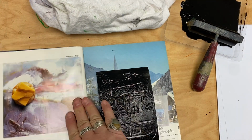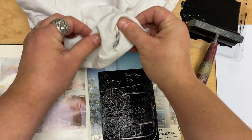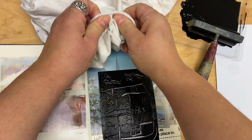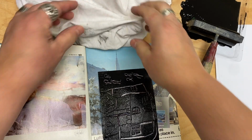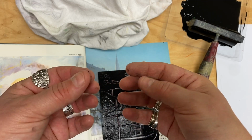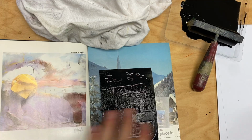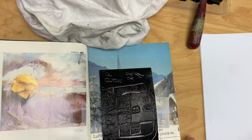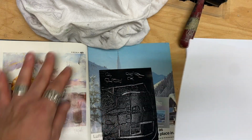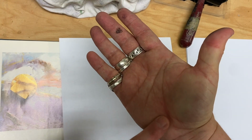Okay, clean page. And either you're wearing a smock or you have a rag nearby to dry your hands, because you might have a little wetness on it. It doesn't have to be free of ink or clean of ink, but it does have to be dry. Okay, now we're going to get a clean piece of paper, just one, and you're going to lay it on top, and you're going to use this part of your hand, the palm,